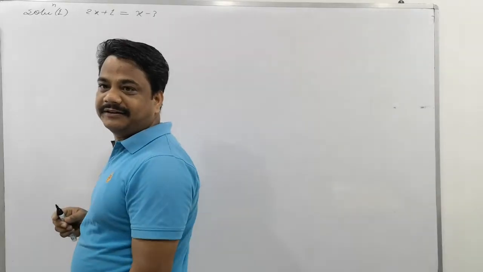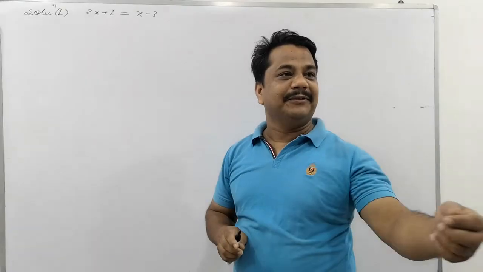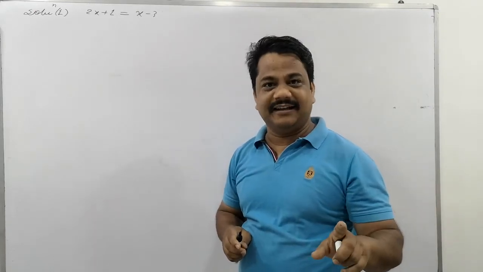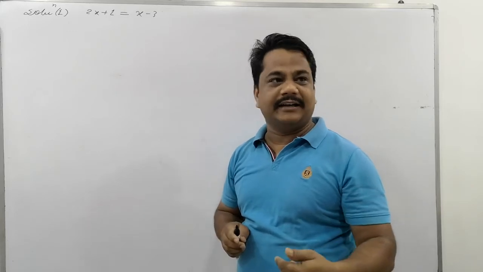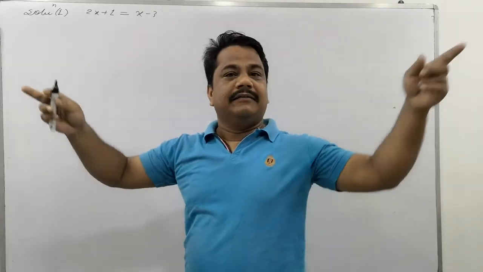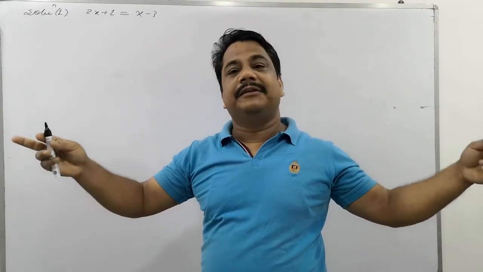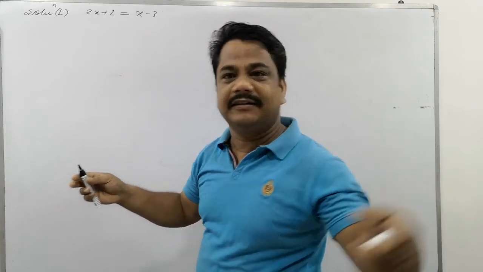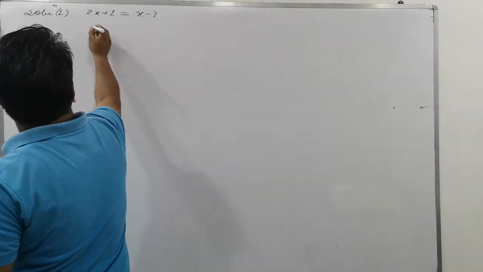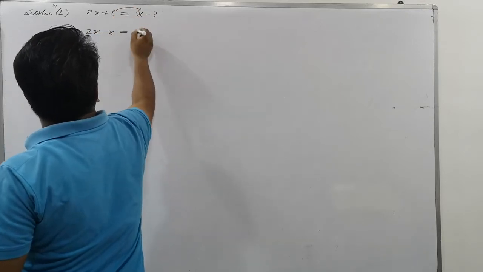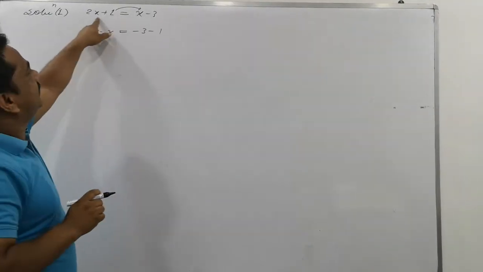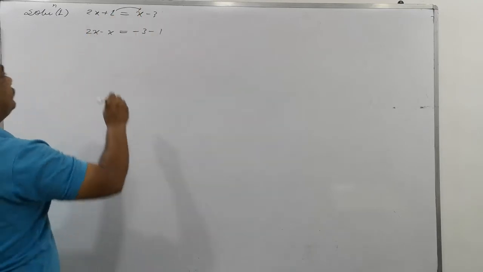So first we need to solve the equation. And what is the method of solving the equation? That time you use transfer. Actually, transfer is not really the operation. Either side of the equal sign, we add, we subtract, we divide and we multiply. Is that clear or not? So here, the x term is on the right side, so transfer 2x to the left and the numerical value to the right. This is the first step. Clear? The x is transferred to the left and the constant is transferred to the right.